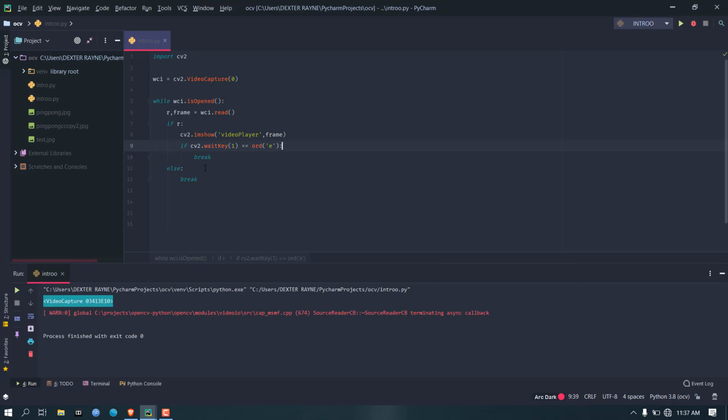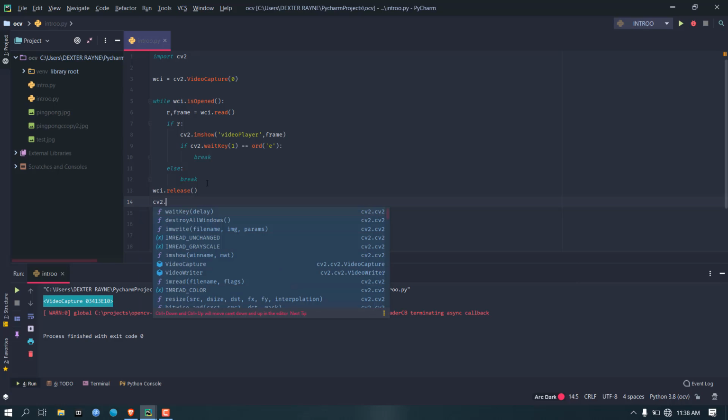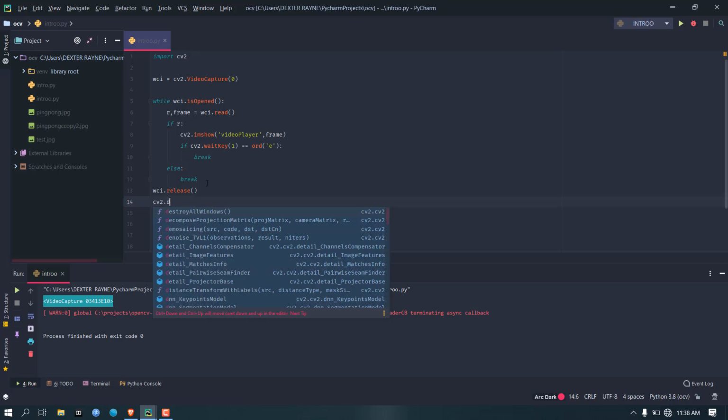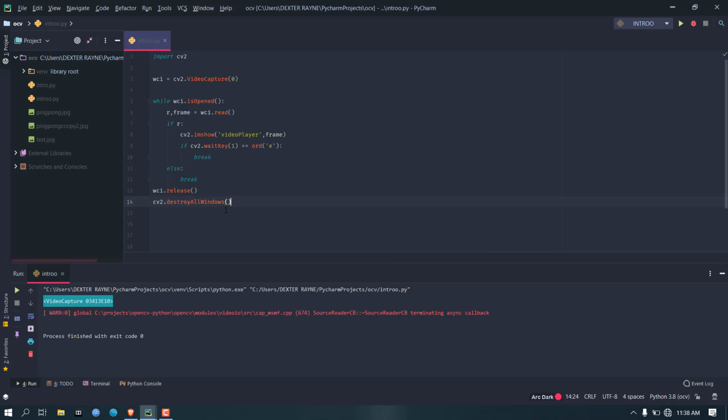Now what we are going to do is run this code. Let me check. First of all, we took the input and all these, everything is looking very fine, but we want to do one thing. After we break out of this, we need to release this cap, we need to release our source. This is important. And the second thing, since we are done with our code, we need to destroy all the windows. These two things are important and we must do them.